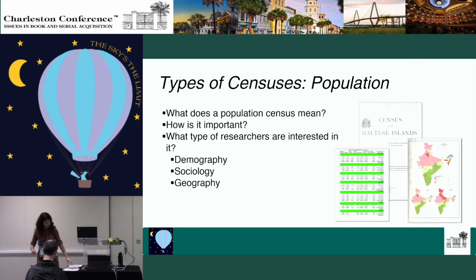censuses. And a population census, and here is what the United States Census Bureau says about population census. It is a complete snapshot of a nation's people. It provides information on the size, location, and characteristics of the population. It is the backbone of a national statistical system. And this is not only true for the US, but also the rest of the world. And it informs so many policy decisions across different geographies. And demographers, sociologists, and people who study geography frequently use census data.